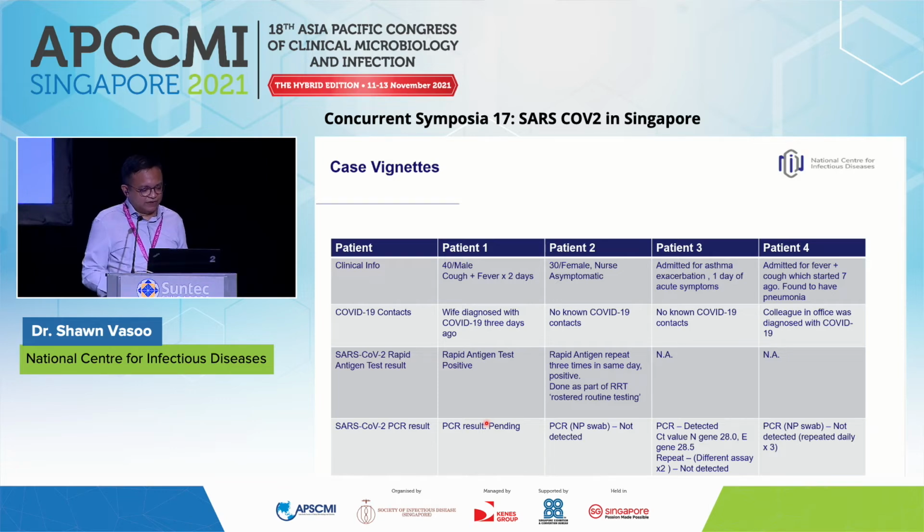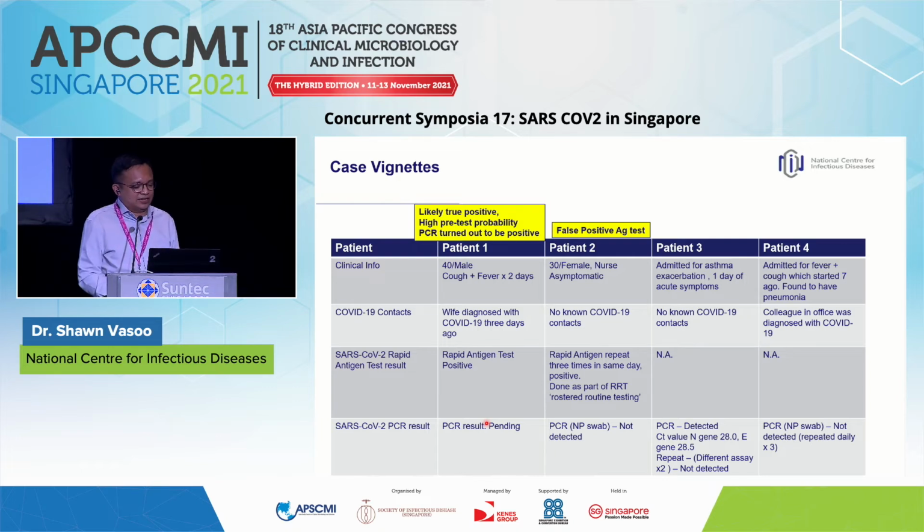So back to our case vignettes. Here in case 1, this is likely a true positive because the pretest probability is high and this PCR was positive. The second one, and we have seen this, is quite a curious case. I was called one day about a case exactly like this, and